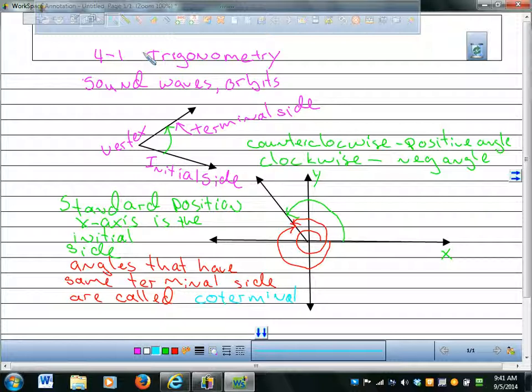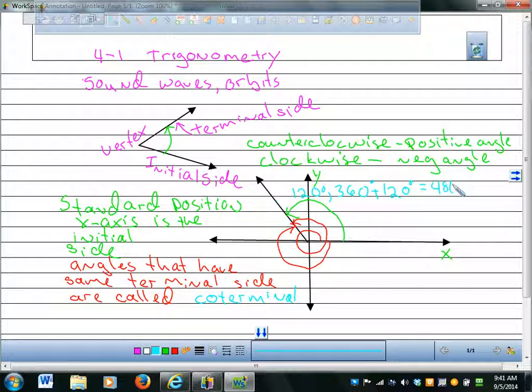Yes, sir? And then it ends up being like the cosine of 120 and the cosine of 480 become the same answer, right? Yeah, we're going to get to that. Did you say angles that have the same terminal side are coterminal? Like 180, 90? No, we'll get to that, but say this is 120 degrees. Then I could also get there by going around and ending there. So I could also call that 360 plus 120 degrees, which is what Joan just said, which would be 480 degrees.